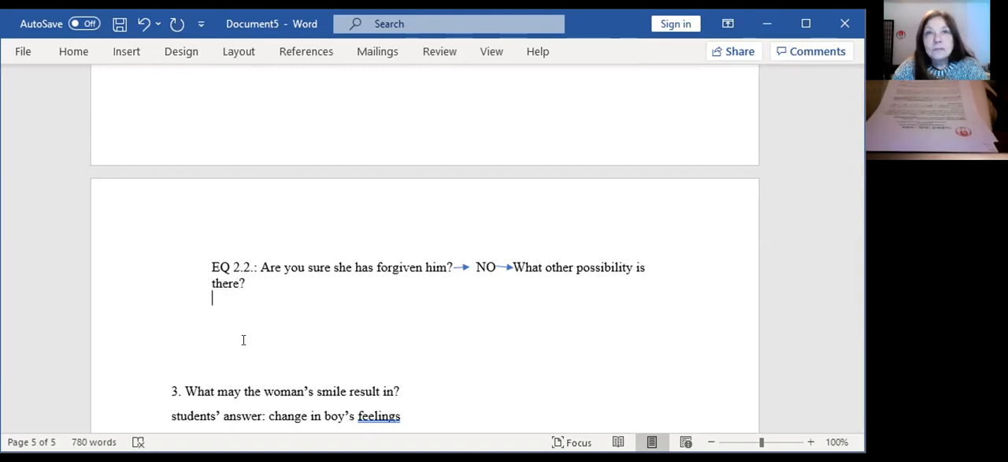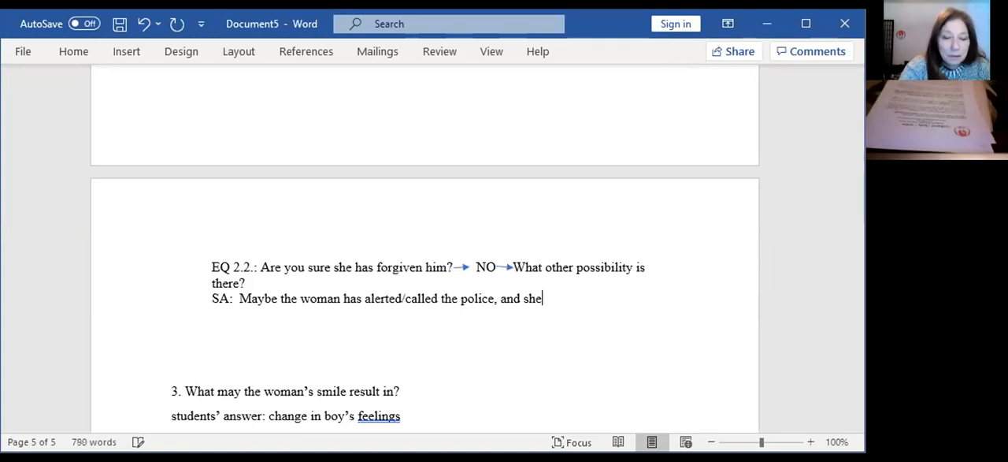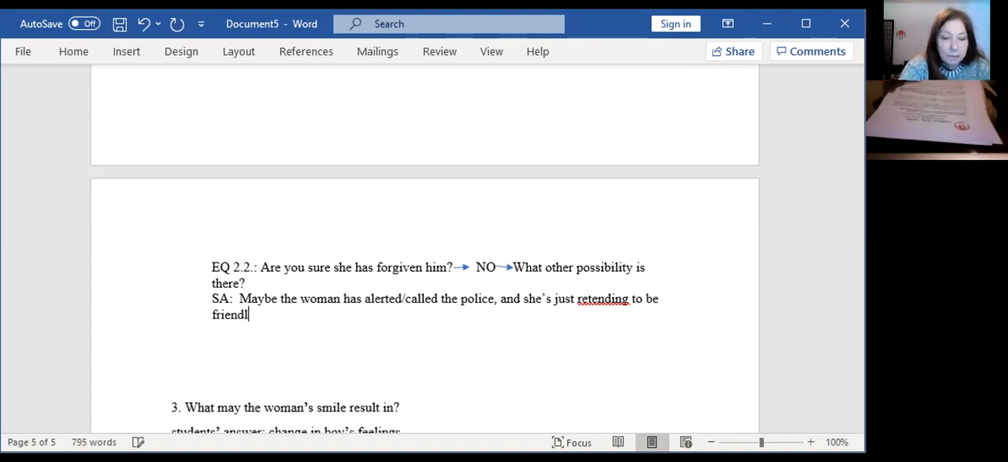The student, maybe the woman had already alerted or called the police. Oh, and she just didn't tell the boys. Okay, maybe the woman has alerted or called the police, and she's just pretending to be friendly. Yes. And she's just pretending to be friendly. A possibility, yeah. Or maybe,